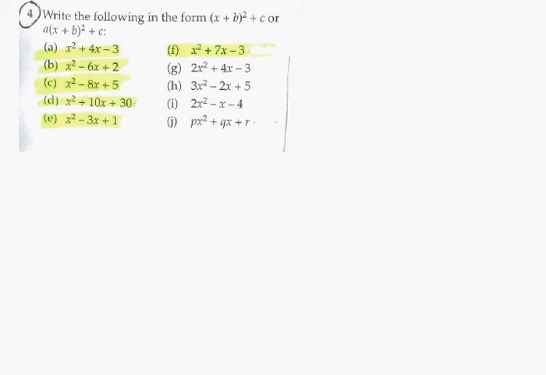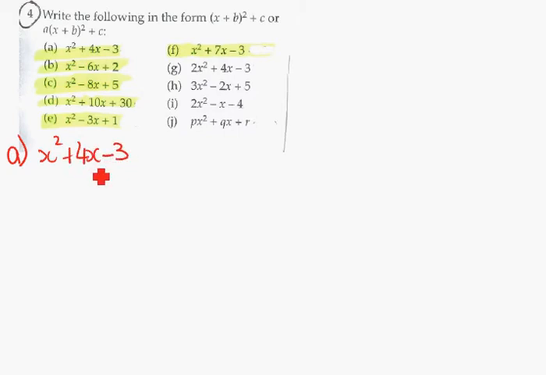Now, an exercise in completing the square. We're asked to write the following in the form (x + b)² + c, or with a coefficient out the front of the bracket. So we're completing the square. If we start with the first one, x² + 4x